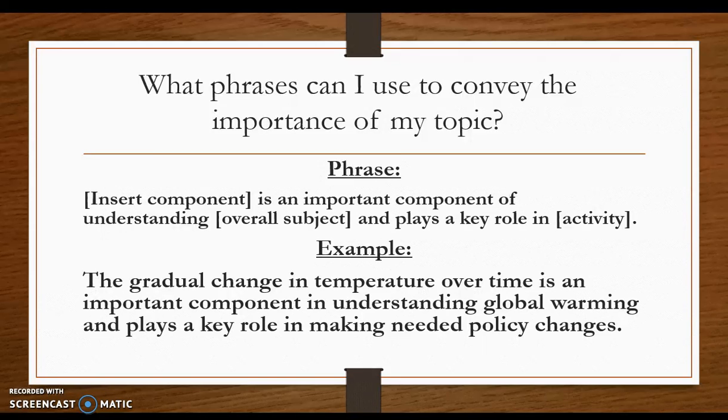Here's another one. Insert your component, whatever you're talking about, is an important component of understanding something and plays a key role in something. And of course, this entire template could be rearranged to help you do an effective phrase as well. So the gradual change in temperature over time is an important component in understanding global warming and plays a key role in making needed policy changes. So you can see here where the students came up with this, and it's really quite effective and gets the